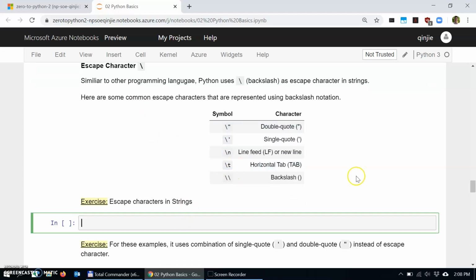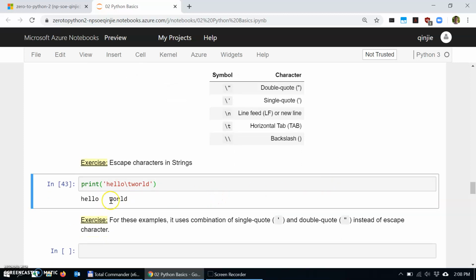Just imagine you would like to print a statement that is hello followed by a tab character. The tab character is represented with the escape character with a T. So backslash t indicates a tab character. When you run this, you are going to see the printout hello, followed by a tab,